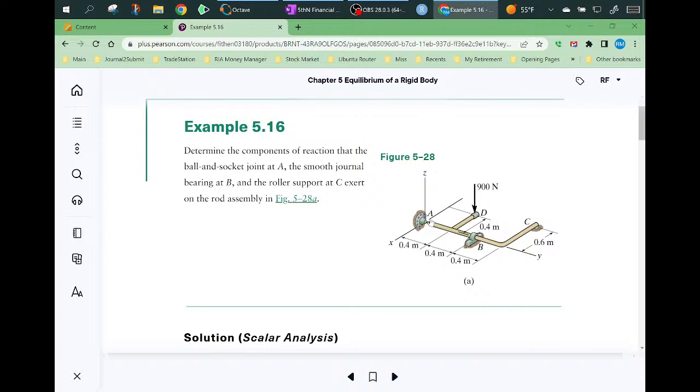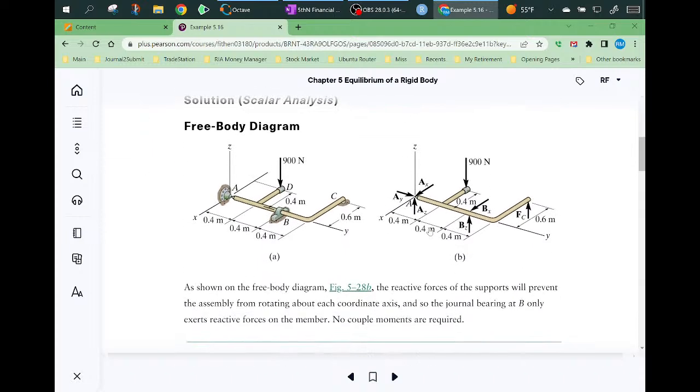So here's the components of a reaction. Now this is a ball joint and a bearing. The bearing, more than likely, the ball joint can take a load in the X, Y, and Z, but it can take a moment in no particular direction. Technically speaking,